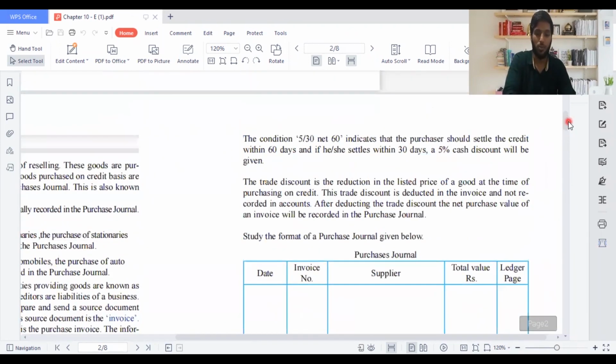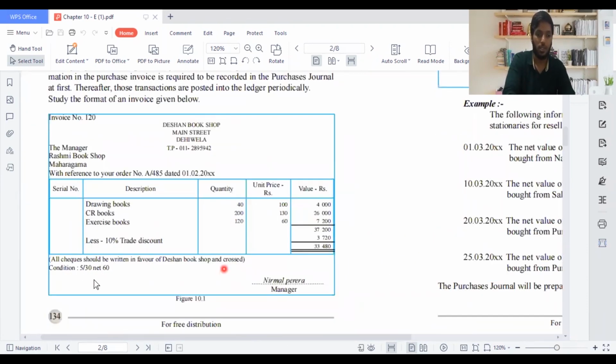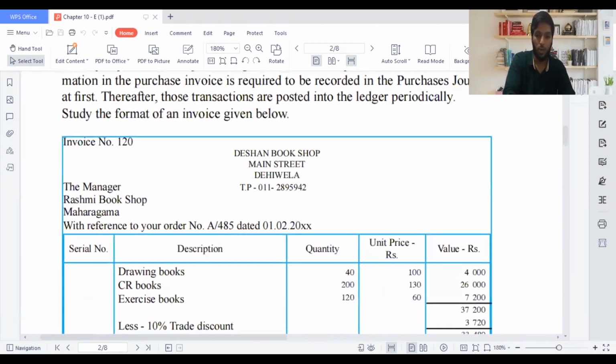Now you know how an invoice works, and you might see they have given one more particular thing for me to explain, that is this condition. Now you might see here there's a condition. Let me zoom a bit for you. You'll have an idea of the overall view of this condition.